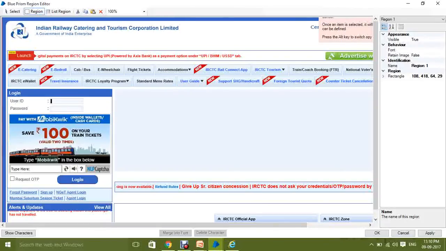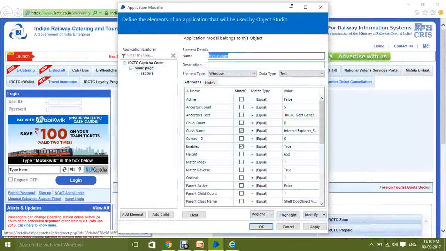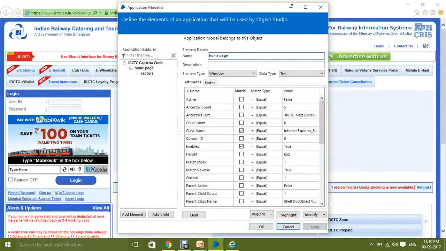I'll make sure that the particular region is selected accordingly, and I am going to rename this as captcha. And I say apply, and I'll click on OK. Our captcha is recognized. So I'll apply and say OK.